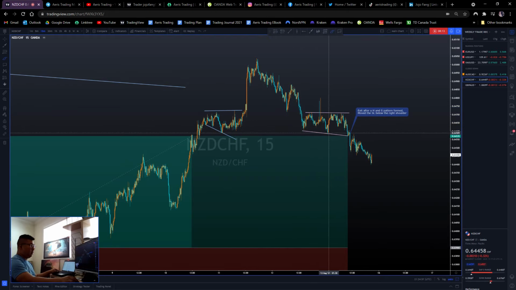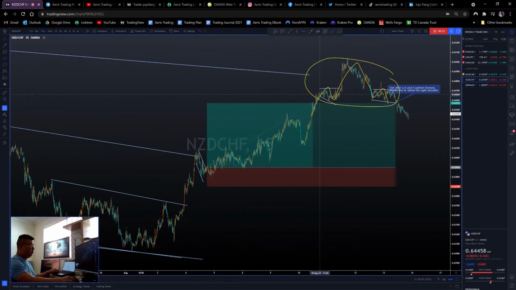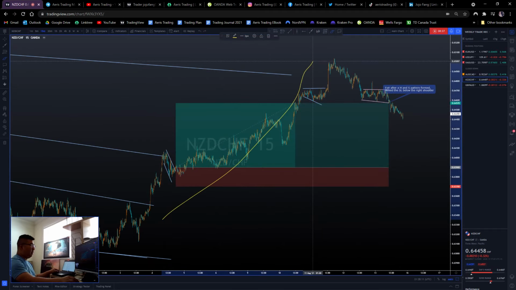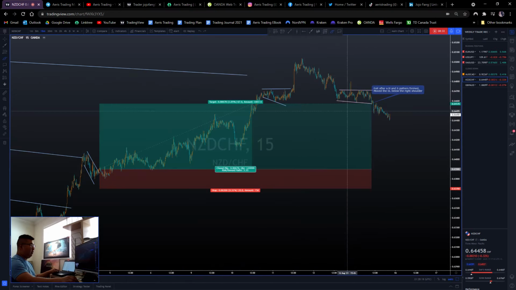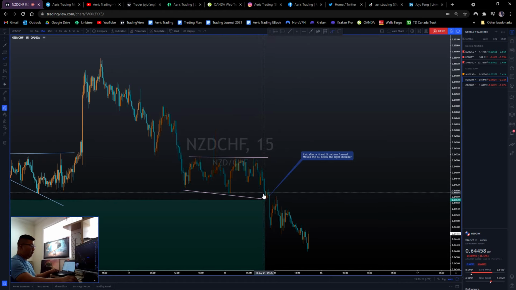When I was looking at this before I went to sleep, I saw that there is a correction here and then another correction developing, forming that head and shoulders pattern, especially at the overall top of the price. It's basically the market signaling that the bullish momentum may be exhausted, that we might get a deeper pullback or a deeper reversal, and I didn't want to hold through a deeper pullback. So before I went to sleep, I moved up the stop loss below the low of this correction here, and basically price just tagged me out here for about